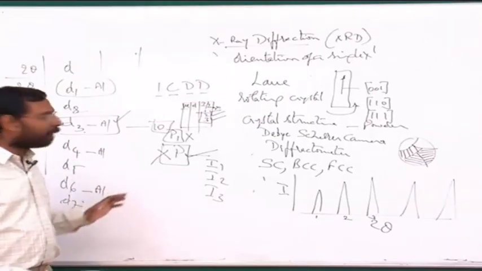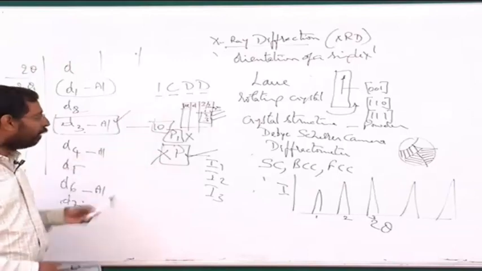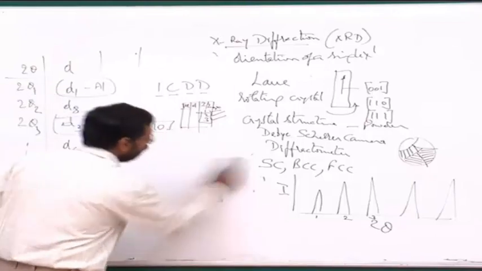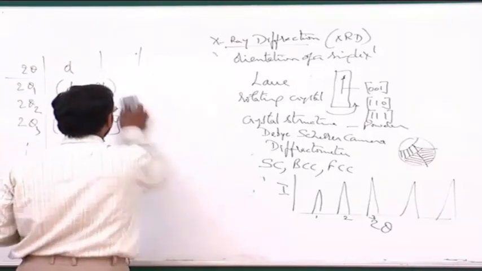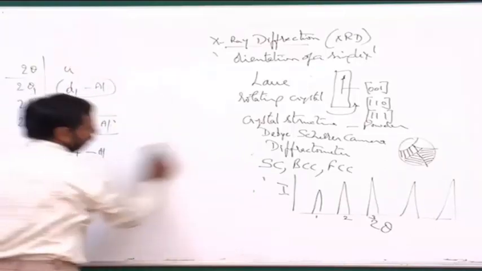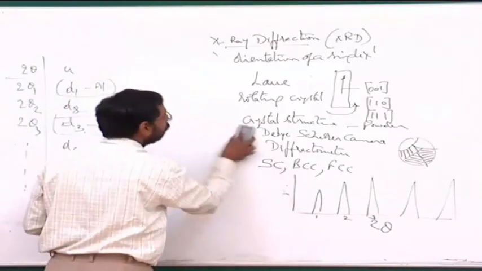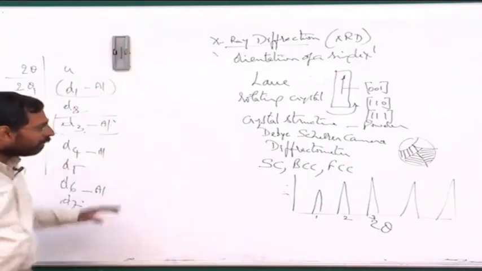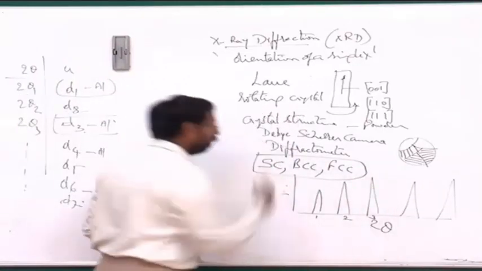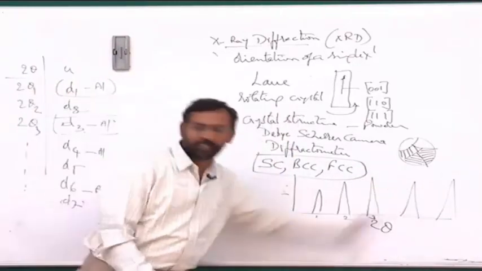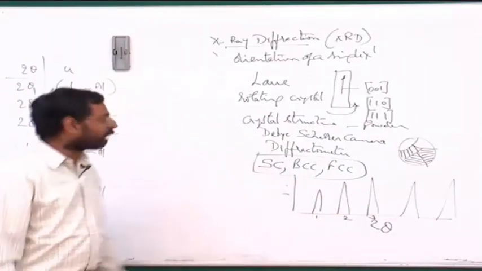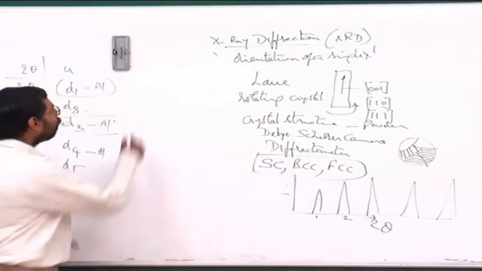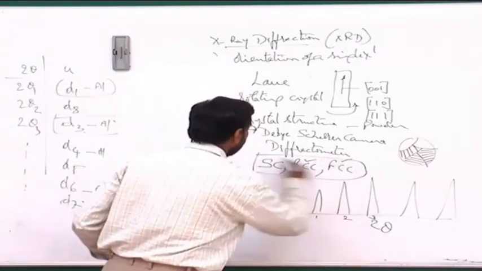But nowadays, life has become much easier because software is available where you don't need to do the search; it will do the search for you. This is an easy way. But at the end of all this, I only know what the structure is. Of course, if you are matching using standard handbooks, then it will give you the lattice parameters also. But otherwise, if I am simply finding out from the ratios of sine square theta whether it is BCC or FCC or simple cubic, I have only found out which one it is.